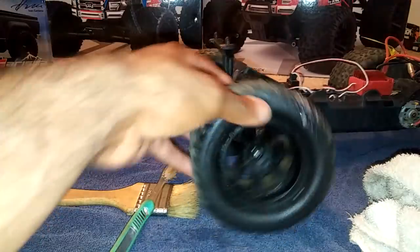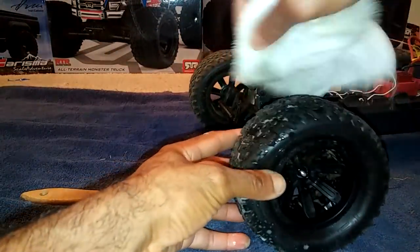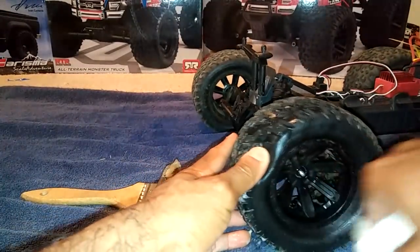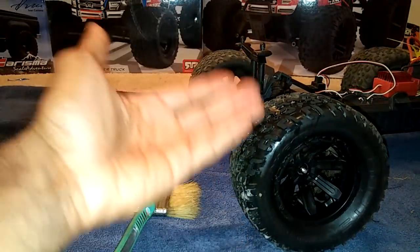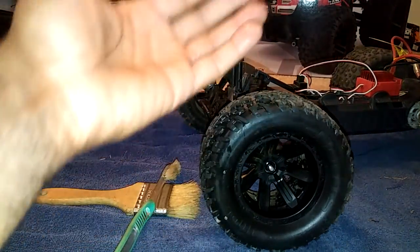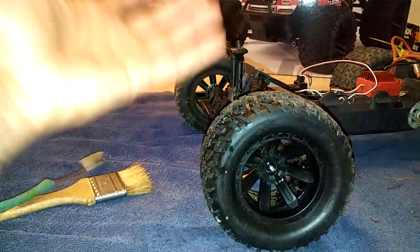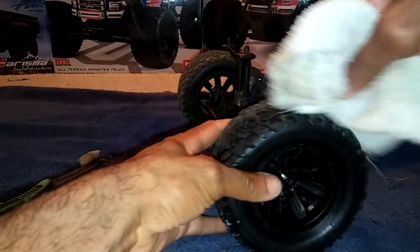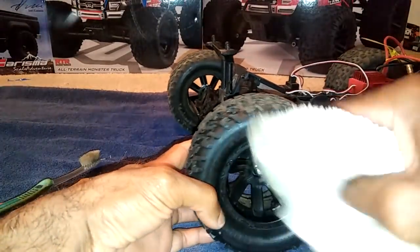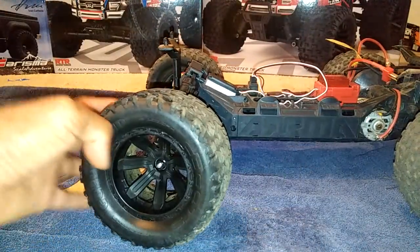And you can actually spray it over the tire, and you can wipe it off, or just spray that off with water. That'll keep your tires from looking so bad, and it'll actually help the performance of your tires too, because that dirt does get on here, just like a regular car tire. It'll help you get better traction and better tread life if you try to keep them somewhat clean. Now, you're not going to be cleaning your car every day, but I try to clean my cars at least once or twice